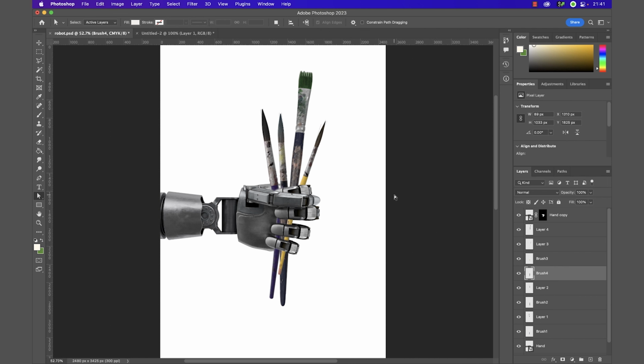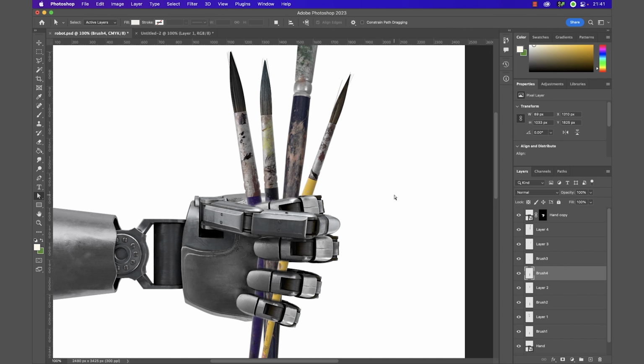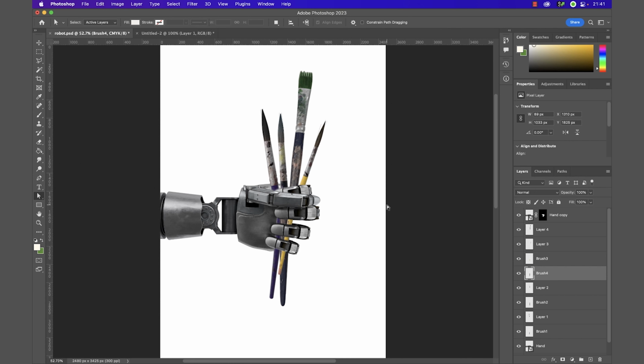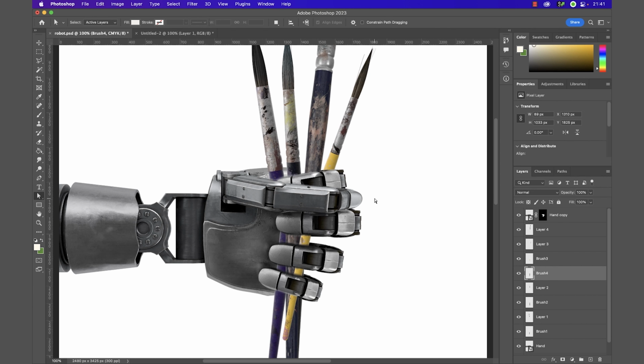So from here, what I might try and do is add in some shadows around these parts of the brushes and things, just using the brush tool, and maybe go on to add a brightly colored background as well. But at least you can begin to see how you can create some really good looking photorealistic imagery using some of those 3D elements from Envato Elements and then bringing them into Photoshop